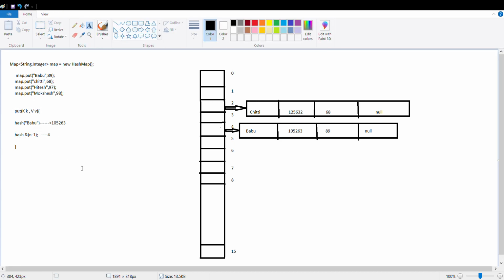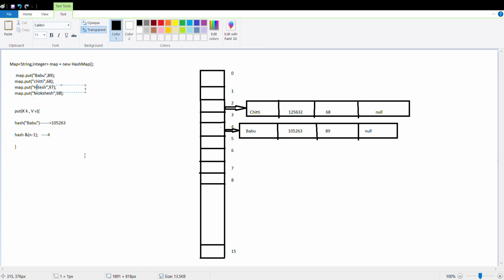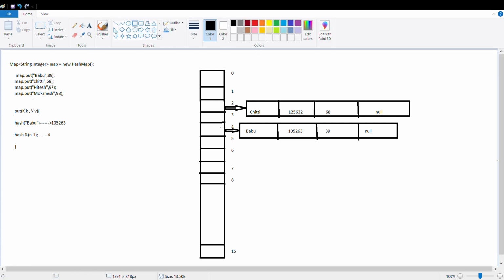Let's say whenever I insert Hitesh, the put method calculates the index as 4, meaning one entry is already available at index number 4. Now how will Hitesh be stored?